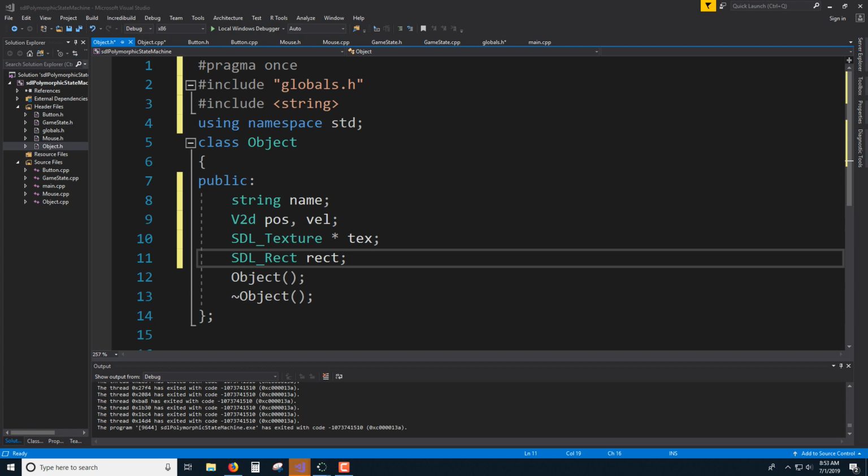Everything has a name, a position, a velocity, a texture, and a rectangle. We may want to come back and add other things later, but that's what's coming to me right now